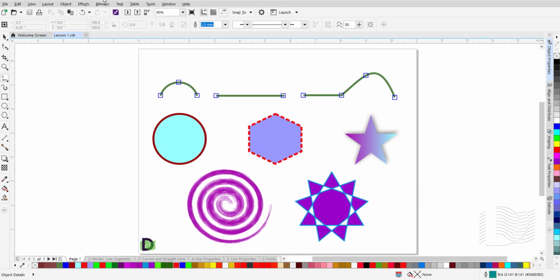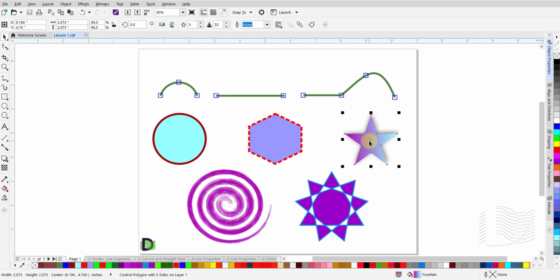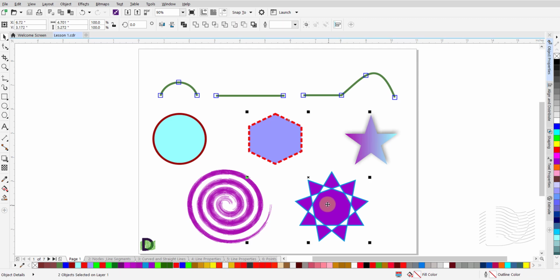First, a quick note on the Pick tool. The keyboard shortcut to select the Pick tool is a tap on the space bar. To select an object on your page, select the Pick tool and then click on the desired object. If you wish to select more than one object, then click on the first object. Press and hold the Shift key down and click on the second object.